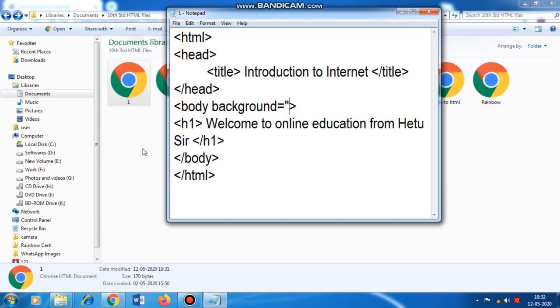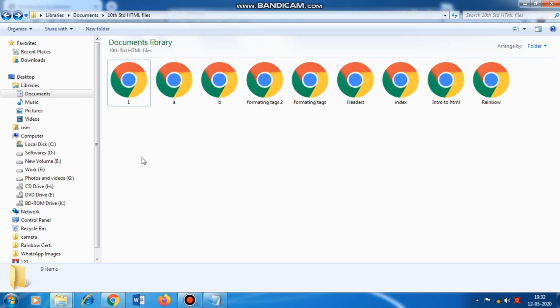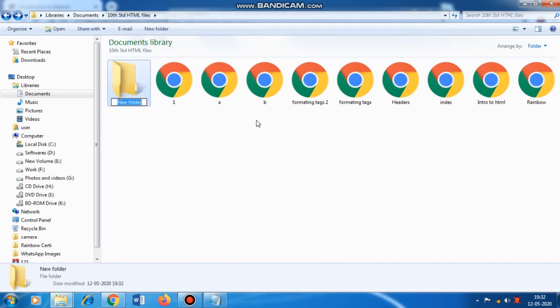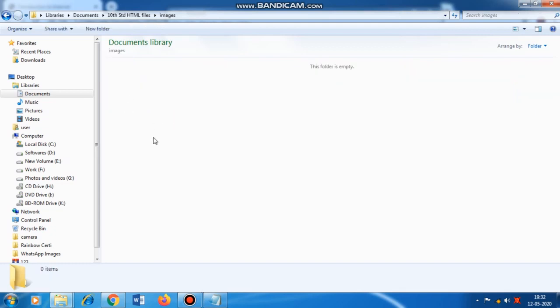So in other chapters also we are going to add so many images. So we will create a folder inside this folder only, named images. Okay, now we will store an image here, and that we will enter inside our web page. So where are the images stored?